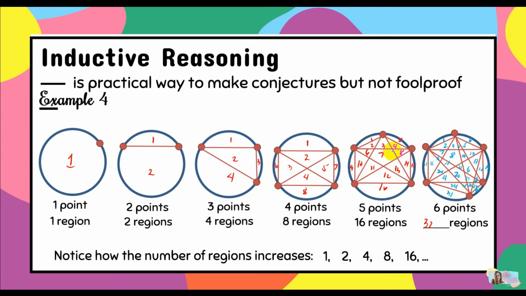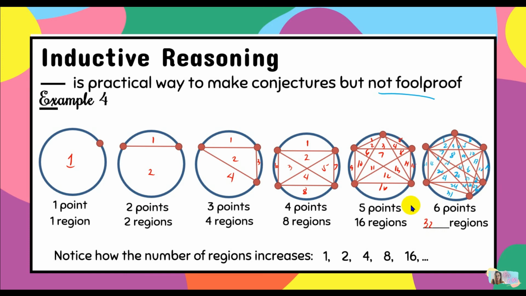Kaya nga po tinawag na not foolproof ang isang inductive reasoning. Kasi based from observation, kagaya niyan, 4 na yung examples natin bago tayo naka-arrive dito sa 6 points. Kaya nakapag-conclude tayo na times 2 lang naman yan. Pero kung titingnan nating maigi at tayo mismo yung magdodraw nung points at nung lines, masasabi natin na hindi naman